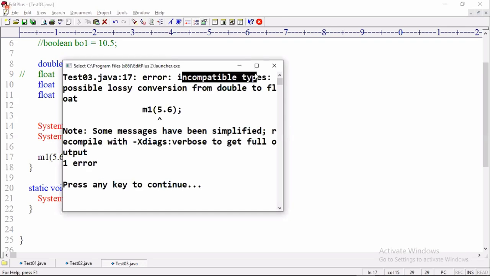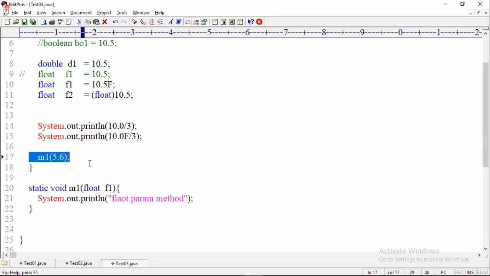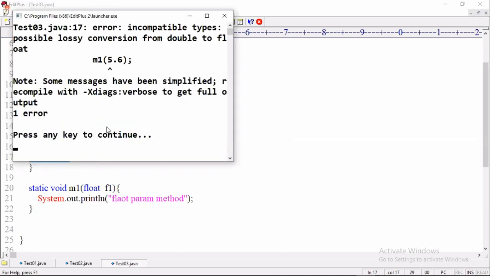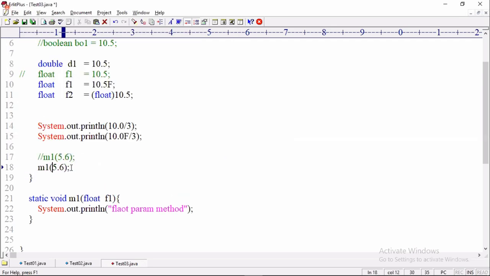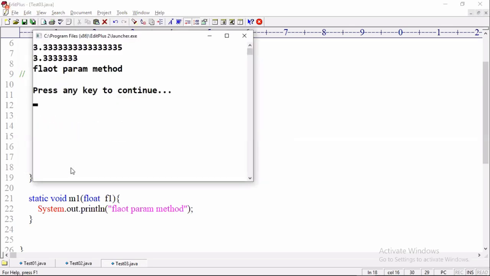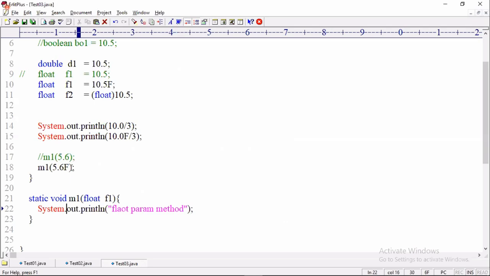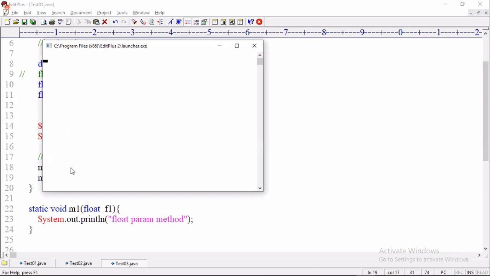Look at that, incompatible types, possible lossy conversion, line number 17. M1 of 5.6 is not allowed. So how to call the float param method? By giving the suffix f, it compiles successfully and calls the float param method. And next, by using the cast operator, float of 5.6 also calls the float param method.